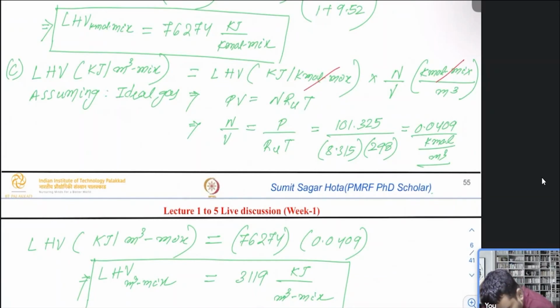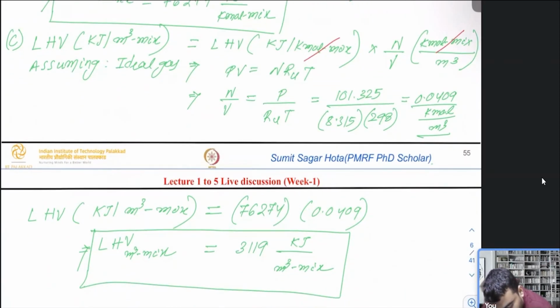Here LHV in kilojoule per meter cube of mixture is equal to LHV in kilojoule per kilomole of mixture into N by V, which is kilomole of mixture divided by meter cube. Now N by V can be found from the ideal gas equation. PV equals N R_u T, so N by V equals P by R_u T,